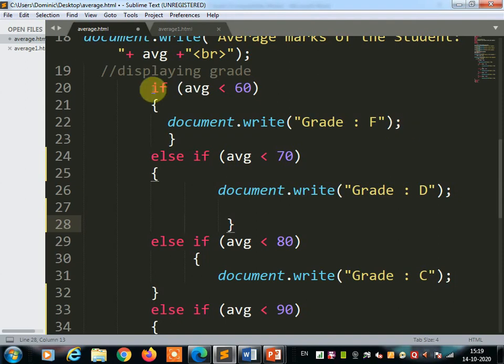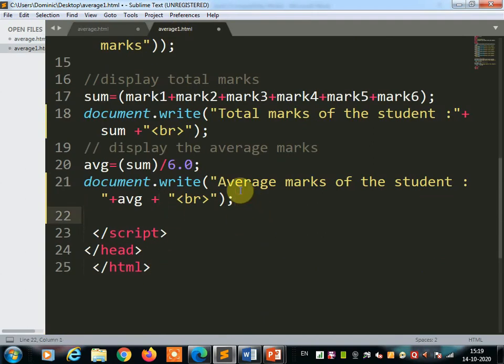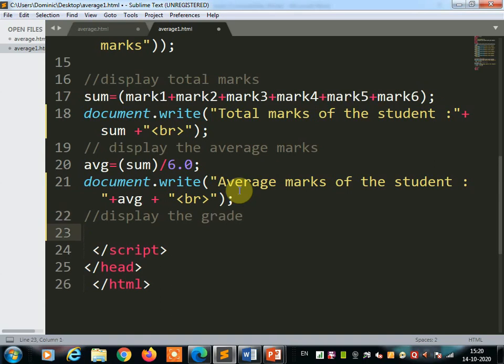Then you can write the statement the same way. So let's start writing this. Before that, you have to add a comment over there about what you are going to calculate. We are going to calculate and display the grade. So you can write here, display the grade. Okay, so to display the grade, you can use the function, that is if,